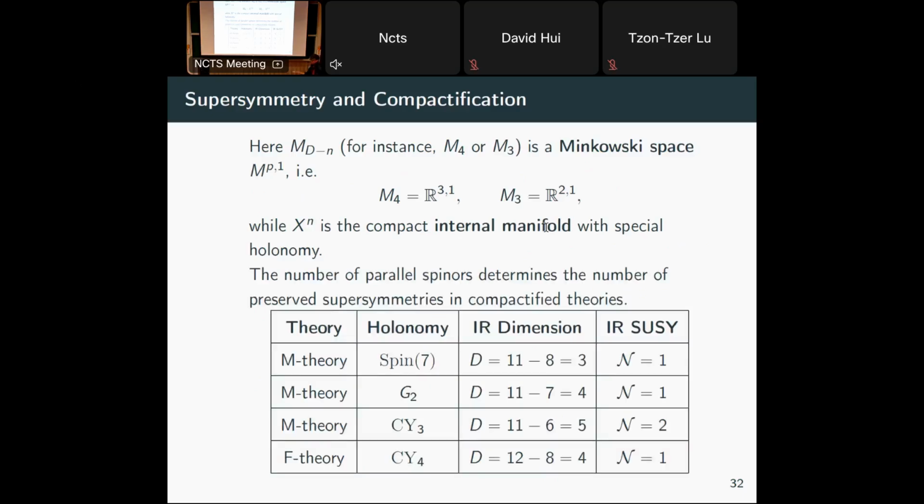And yeah, so you have the Minkowski space. And going back to Wang's theorem, now you have, in those theories, the holonomy groups, and then you compactify that manifold with those holonomy groups, and you are left with your spacetime where the supersymmetry generators are precisely 1, 1, 2 coming from Calabi-Yau. Again, think about the chart, and here's 1. So here's something special happening. There's a flux which is reducing the number by 1 more. You don't need to worry about it. Just, the point of this is that